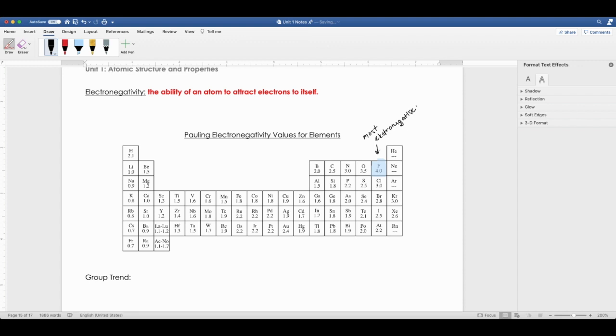There's a particular reason for that, which we're going to get into when we talk about these group trends. The least electronegative elements are actually your noble gases. These guys don't want any more electrons because they're already stable the way they are. They have that full octet of electrons surrounding them. We do have slight electronegativities, though, for krypton and xenon. The reason we might see electronegativities here is because these can actually bond, because they have empty